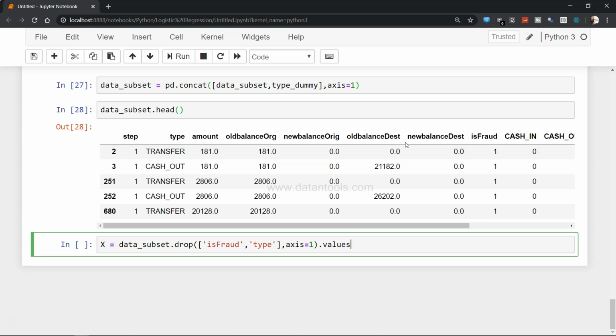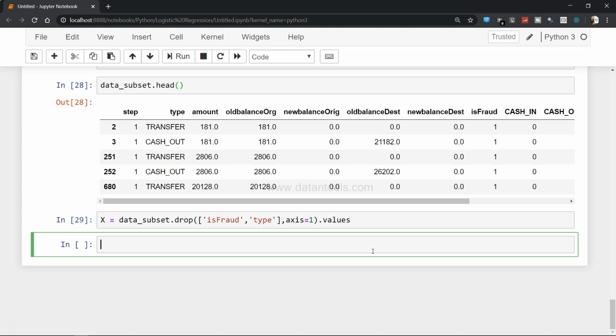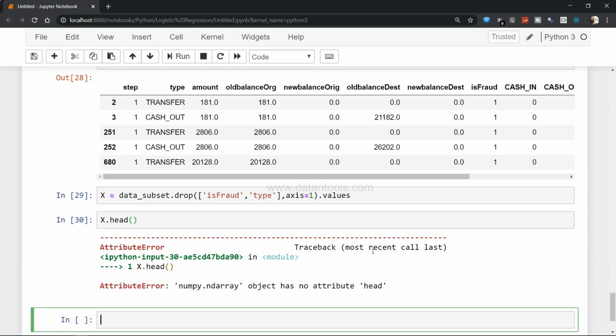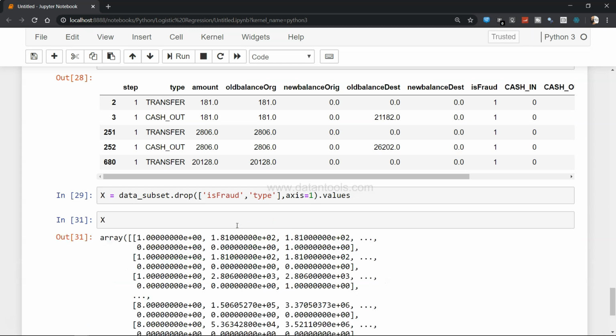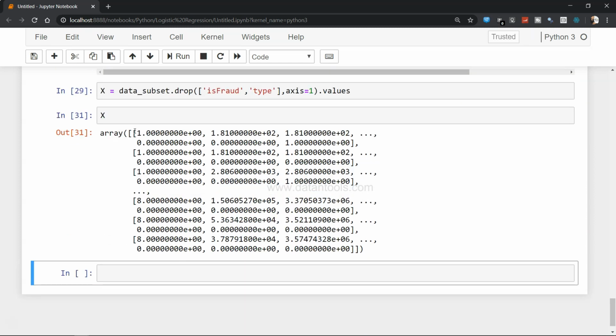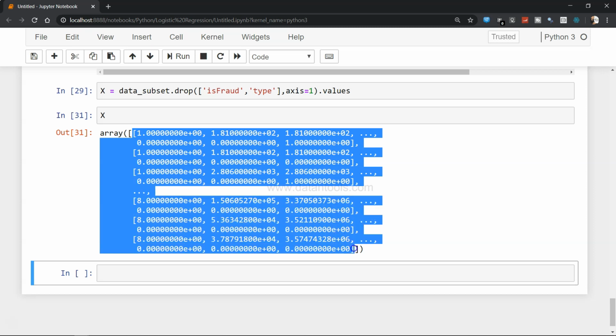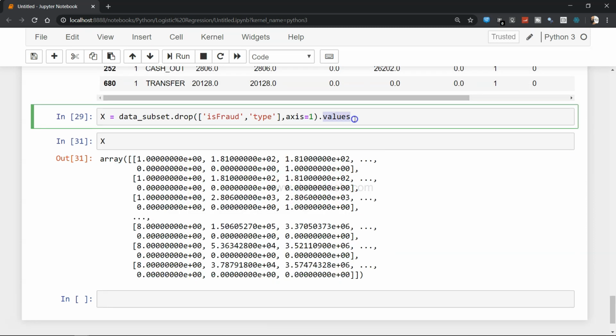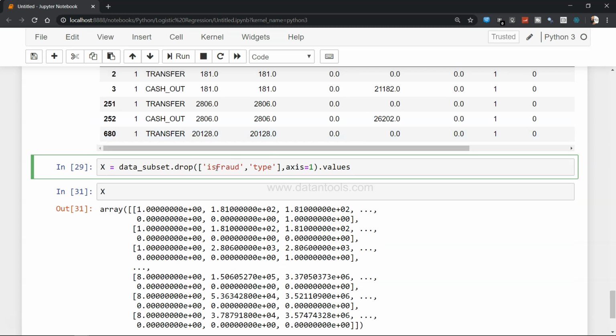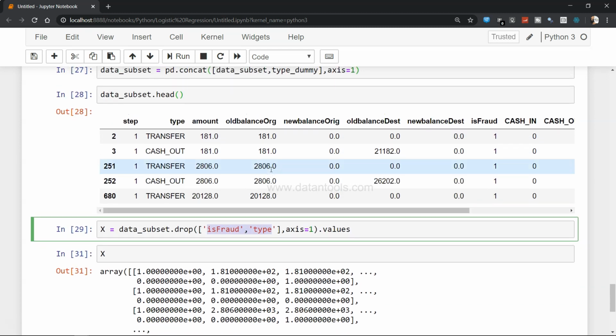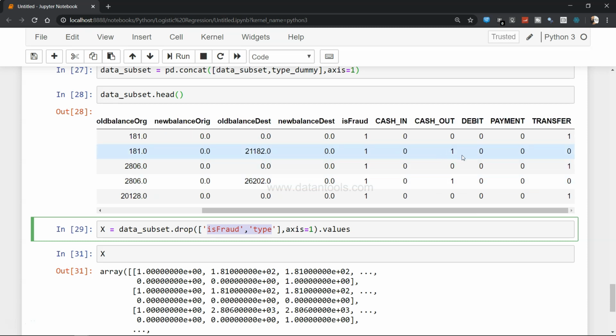I will use the values method to get those values converted into an array and store it within x. So if I just show you x, what it does is basically an array. Now all the values are converted into an array because I used the values method. First it dropped 2 columns and returned the rest, which are step, amount, old balance, new balance, old balance dash, new balance dash, and these columns.